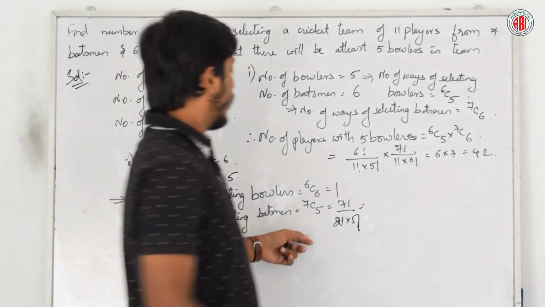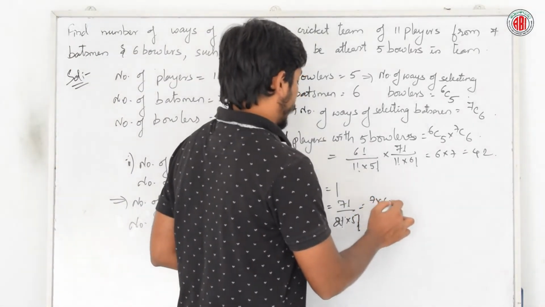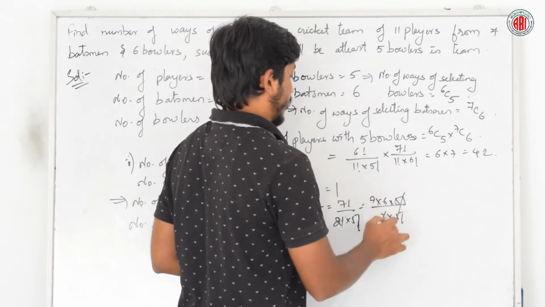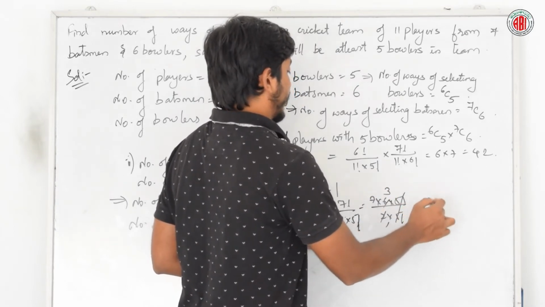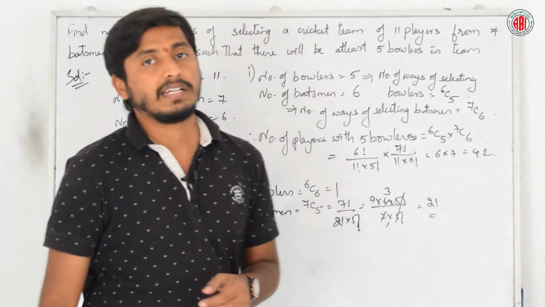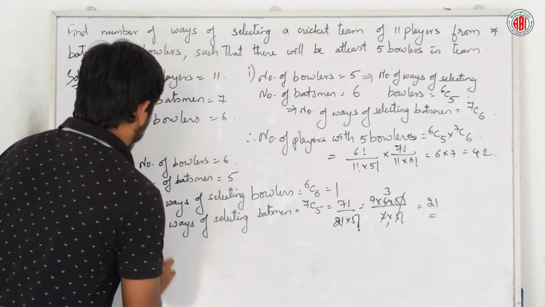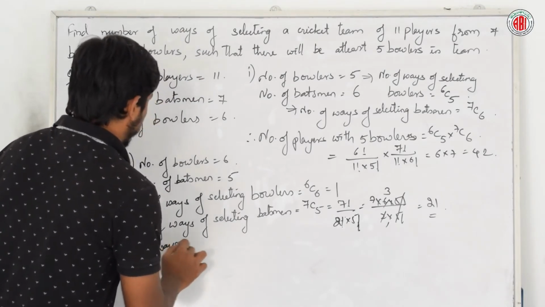Right? This is 7 into 6 into 5 factorial by 2 into 5 factorial. These both will cancel. 2 1s are 2, 3s are 7, 3s are 21. Is it right? So therefore number of ways of